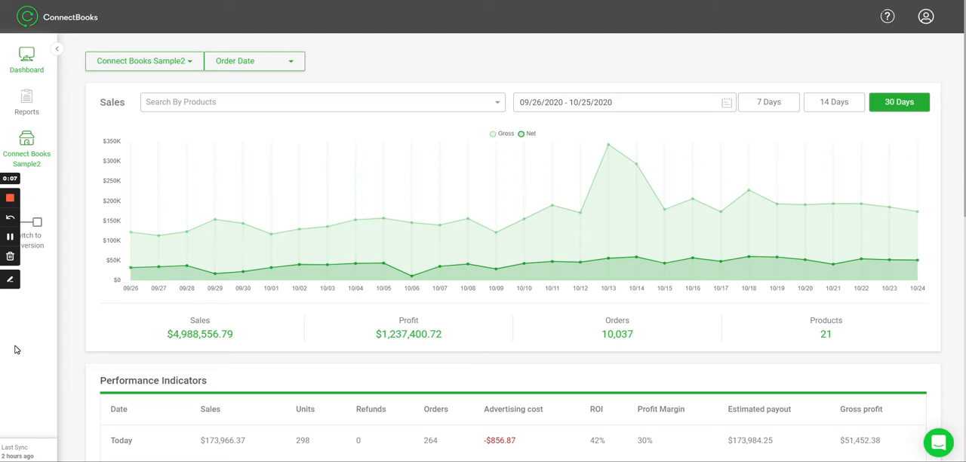I want to explain to you in this video our new features that were just uploaded to ConnectBooks. So in this video we're going to start off explaining a little bit about the dashboard. The first thing is, as you all see when you log into your account, there is a completely new